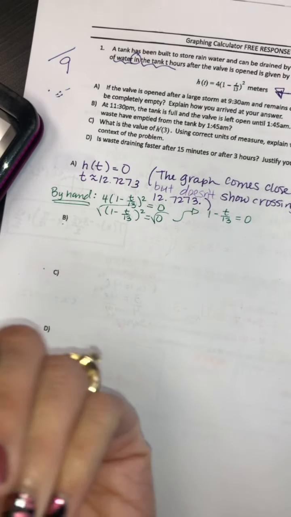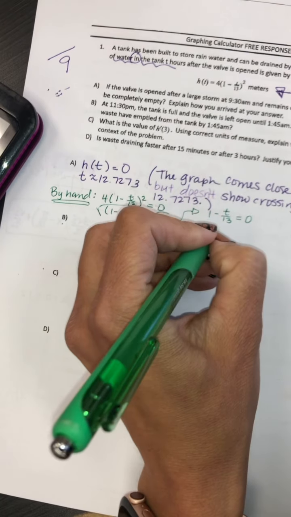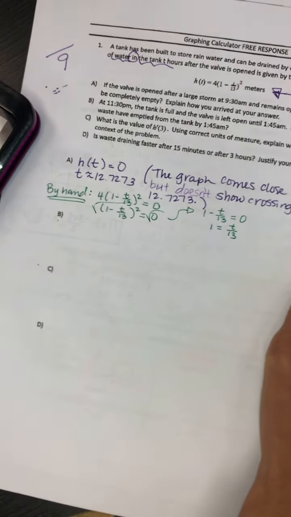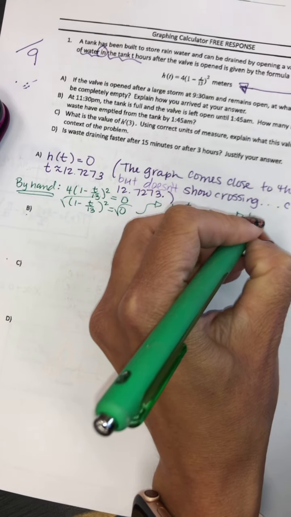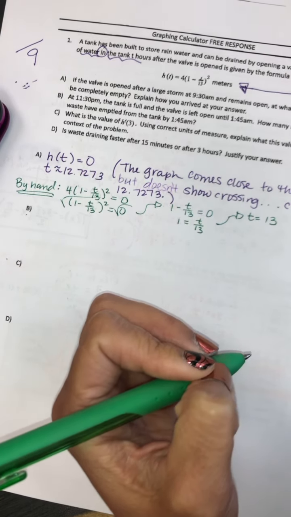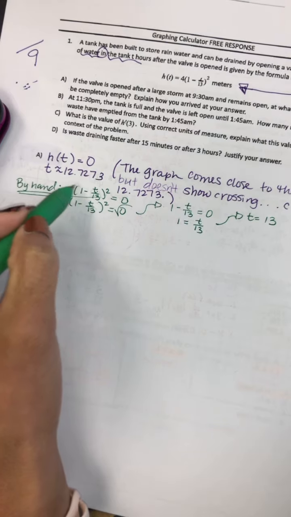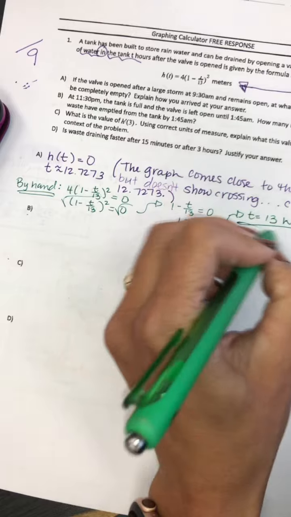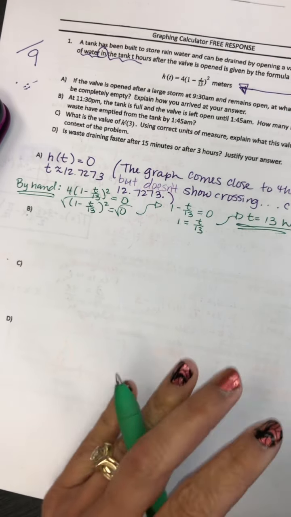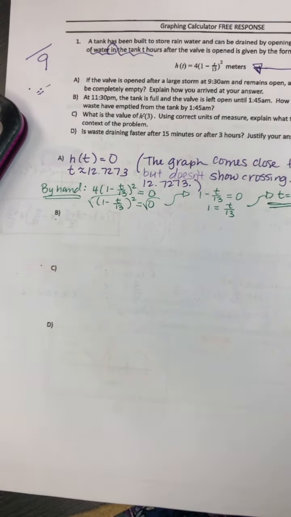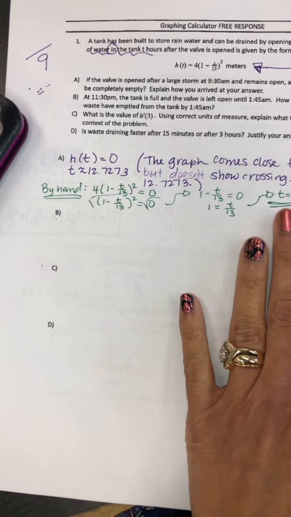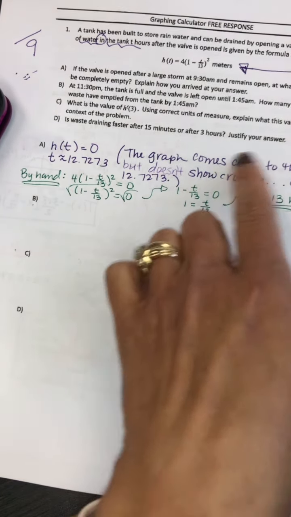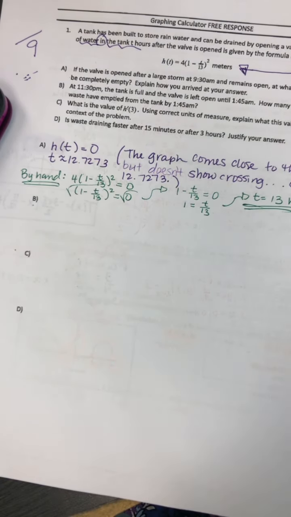These are really easy steps. Add t over 13 to both sides. You'd get 1 equals t over 13. Multiply by 13 to both sides. You would get that t equals 13. So approximately 13 hours. Yeah, I would say that. Okay, so it's super, super close. All right. And if you did it by hand, instead of doing it by graphing on the test, just make sure that you put your by hand answer in your write-up. Okay. All right, letter B